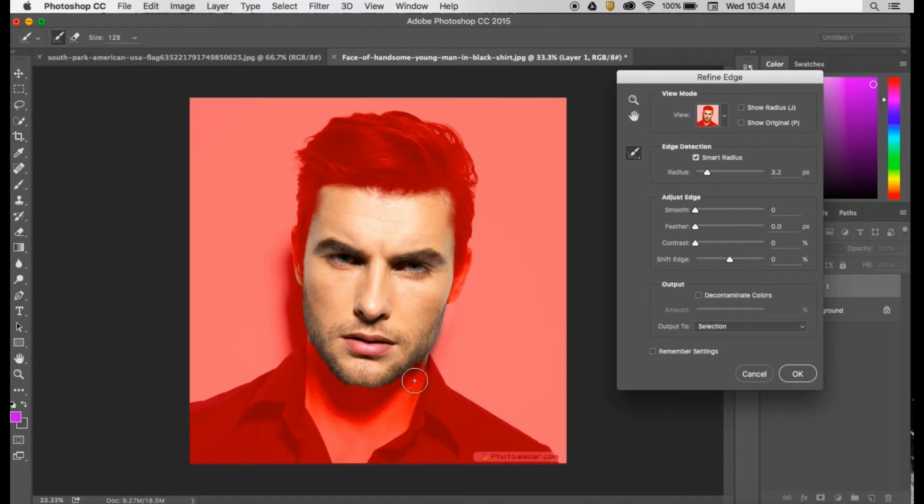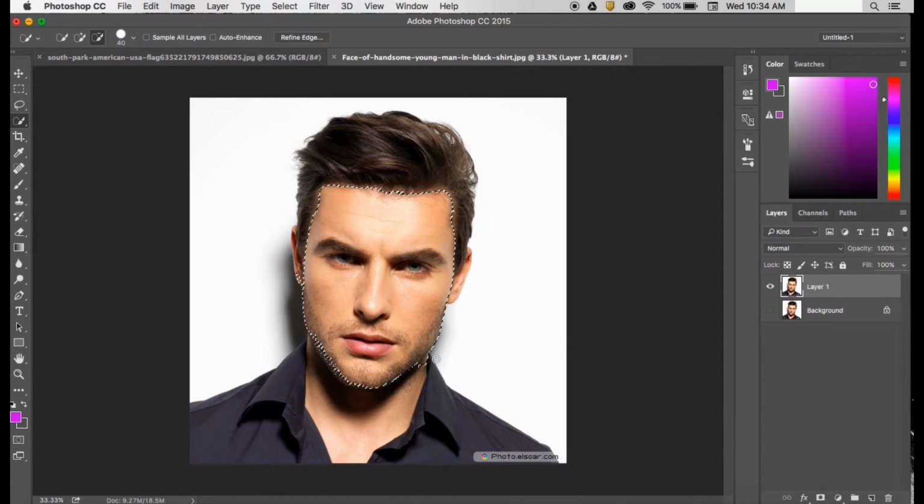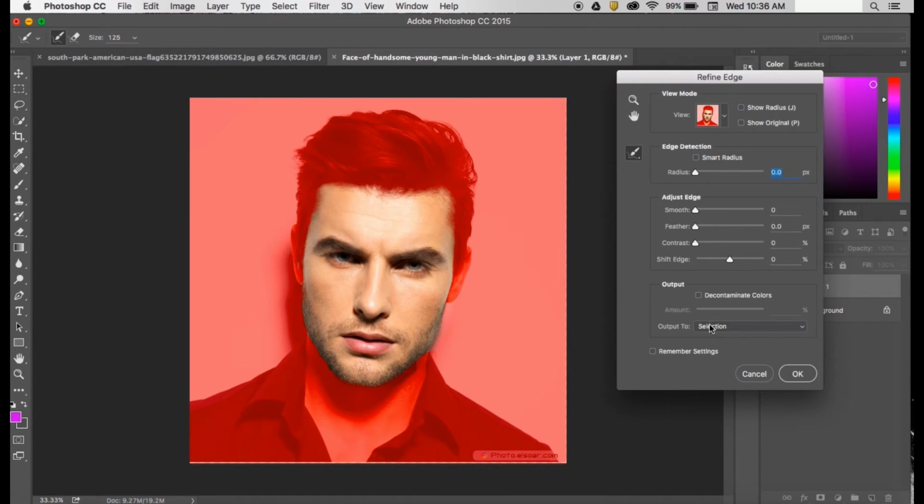And it takes a little bit of experimenting, especially in areas where there's lower contrast. Notice how it's sort of cutting into his beard now. So you can hit OK, go back to your quick selection, and adjust it a little bit more to make it look just a little bit better. Now that we've made a selection, we can output it as a new layer with a layer mask,